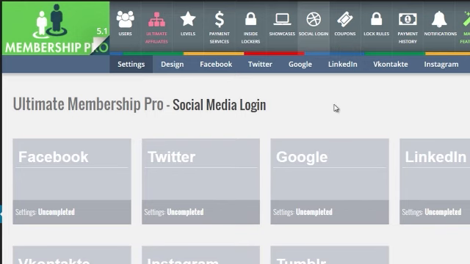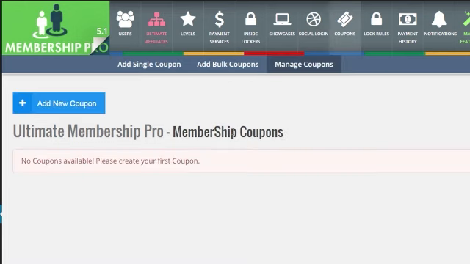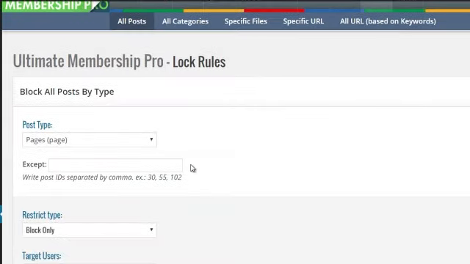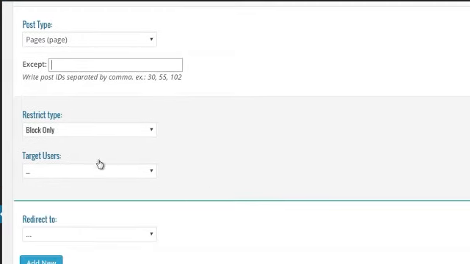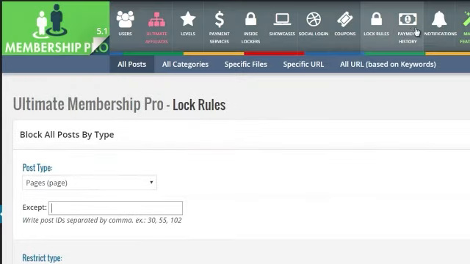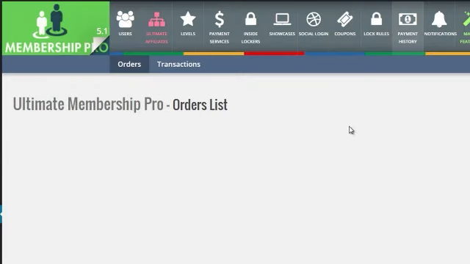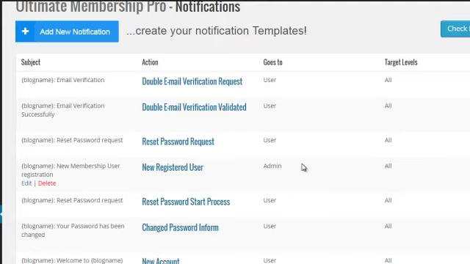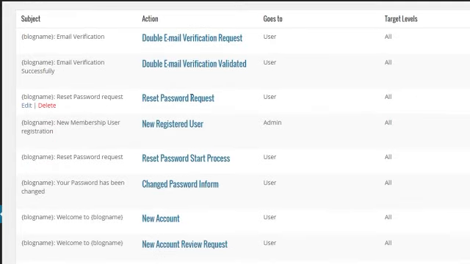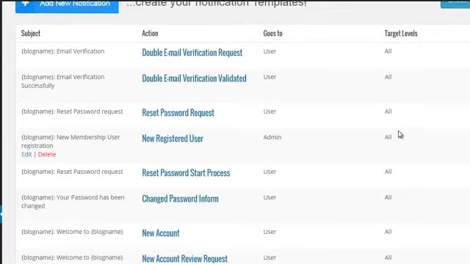Next, we have the coupons, which allows you to create coupons, and that's pretty self-explanatory. And then you have lock rules, so you can lock specific pages and posts depending on certain target users. And I'll show you more about that in just a minute. And then of course you have payment history, you have notifications. So you have basically email notifications, and you can customize the email templates however you wish. And it specifically tells you, okay, this email is going to the user,